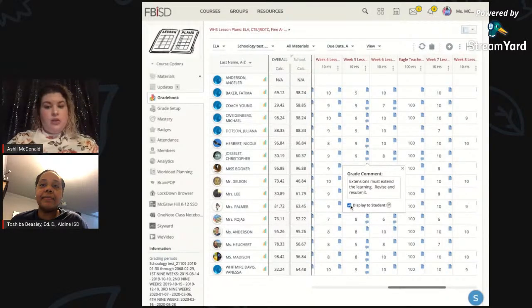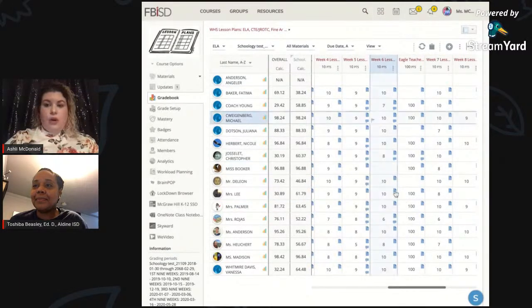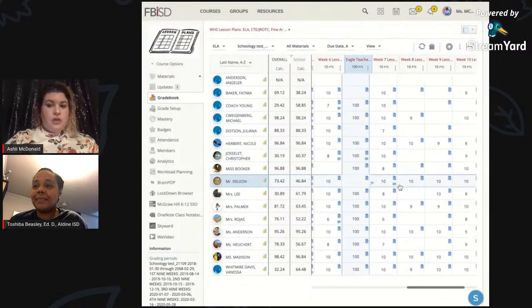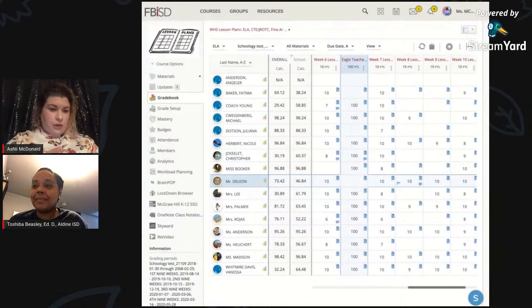You can also uncheck that box. So if you are just leaving this type of feedback in the actual assignment, this could be an area where you put, comment was submitted to the teacher. And so when you're going through and you see these bubbles in there, that's a way that you can see, okay, I said something to the teacher on this date. Let me go look at that comment real quick. And this is all in one area for you. So that might be more of what you're looking for.